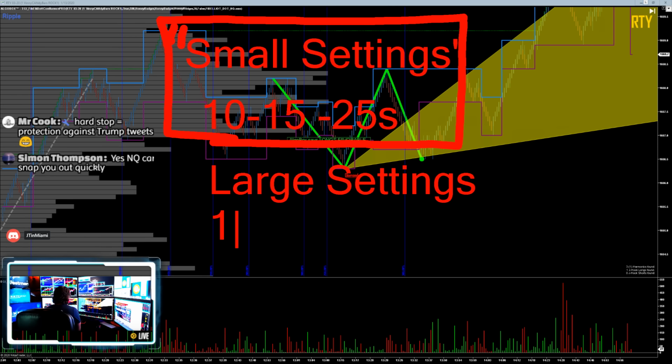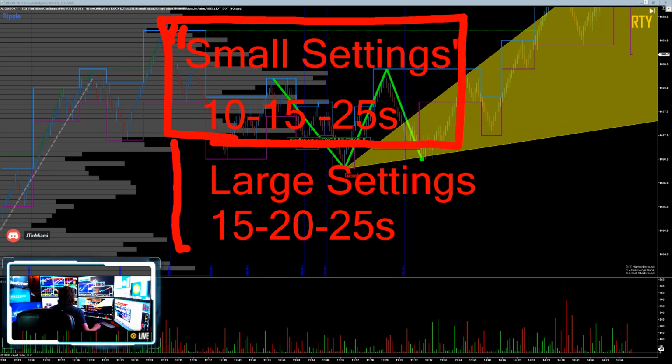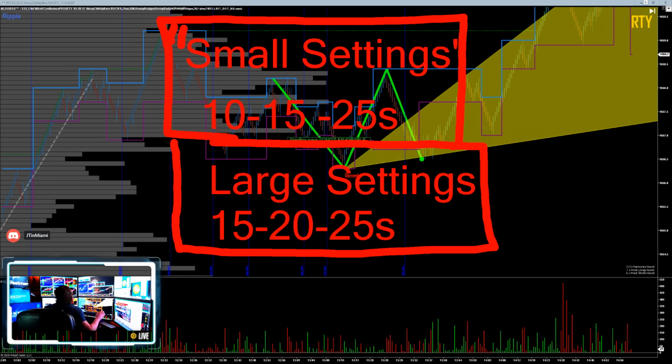large settings are 15, 20, 25. Sorry, I'm a little befuddled at myself for having flubbed that. Okay, large settings, 15, 20, 25. Again, this is just a place to start, folks. And we want to live on targets 1 and targets 2. By live, I mean that's where I have to plan: I've got to at least get 10, at least get 15 on my targets.